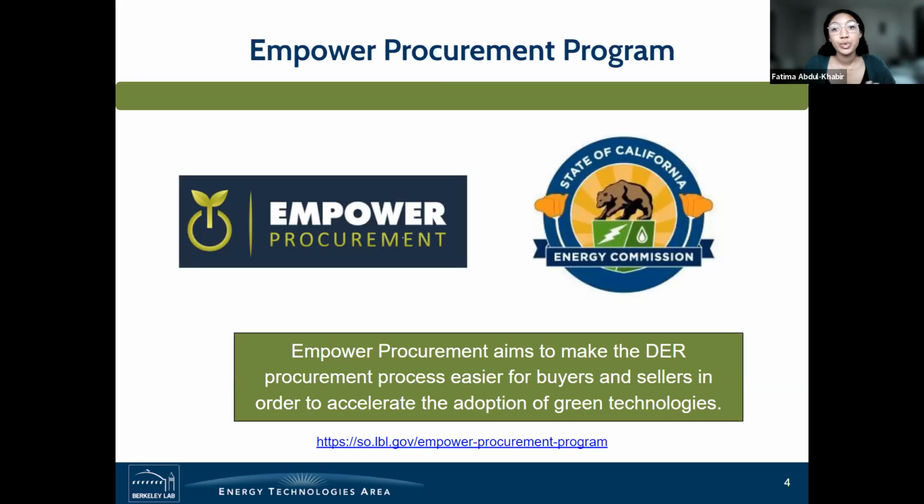Okay, so this research effort is funded in part by the Empower Procurement program. Empower Procurement is a procurement assistance program funded by the California Energy Commission. Our primary mission is to increase the adoption of clean energy and energy efficient technologies in the state of California. Our team at Berkeley Lab, so that includes the 3 of us on the call, as well as 2 others,